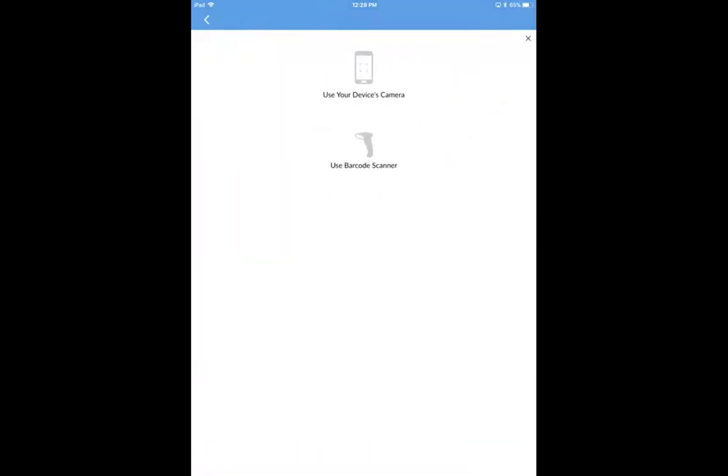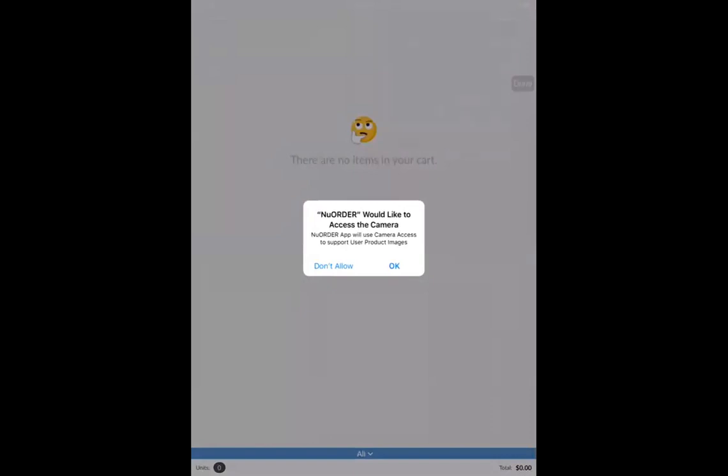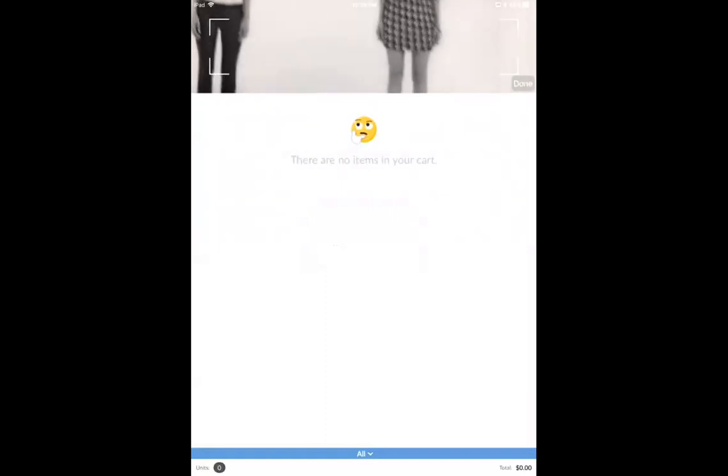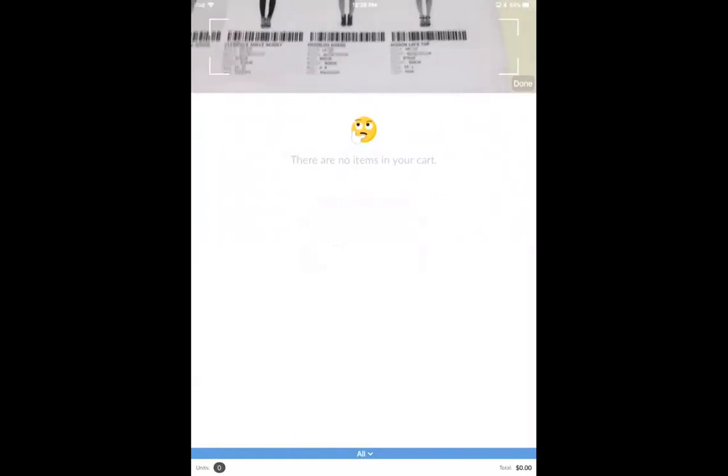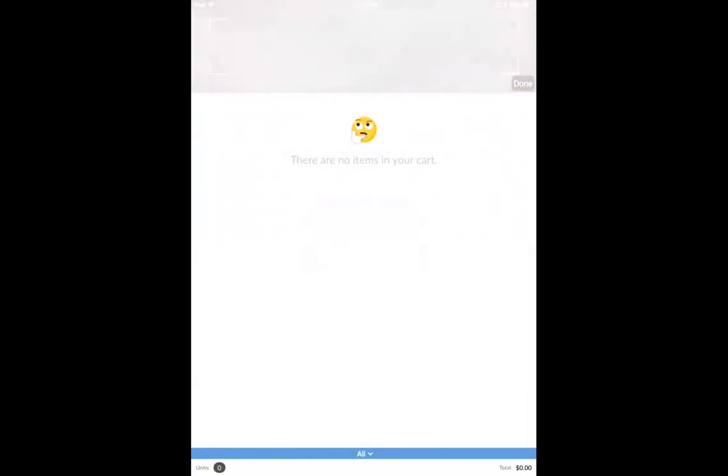The really cool thing about this new app, and this works on both phones and iPads, is that when I go into scan mode, it says, hey, would you like to use the camera or do you have a barcode scanner? In this case, I'm going to use the device's camera. It's asking me, is it okay to use the camera? I'm going to say yes. And now you're going to see my screen. We've done this in a way that before I start scanning, you can see a piece of paper. The camera uses a small window, so you still have access to edit the information